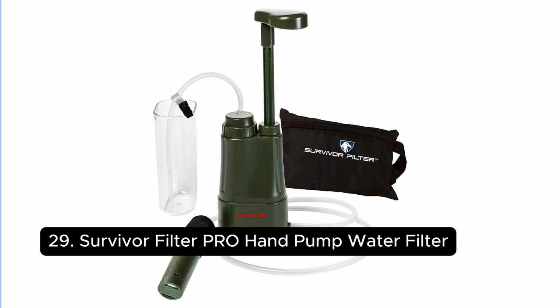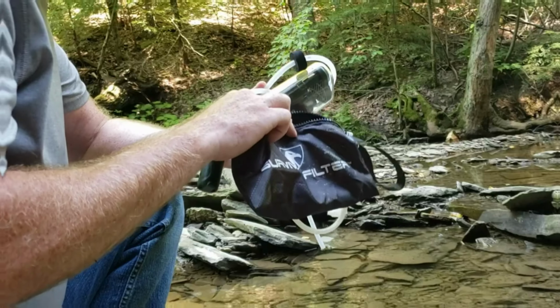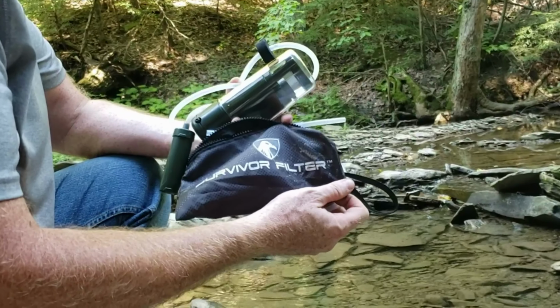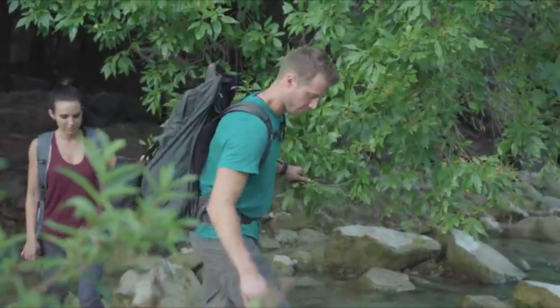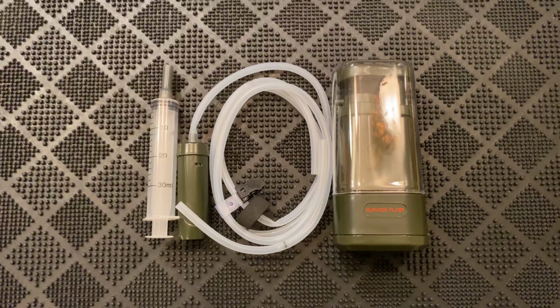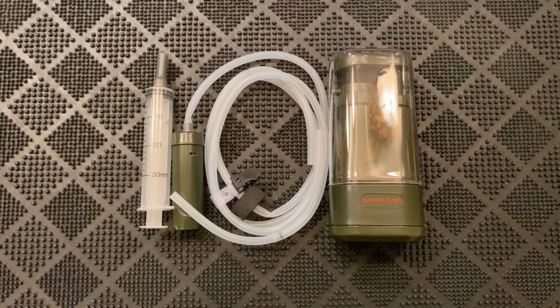Number 29. Survivor Filter Pro Hand Pump Water Filter. Pump clean water from lakes, rivers, or buckets. The PRO's staged filtration targets particulates and microbes, with replaceable elements to extend service life. The compact hand pump, intake hose, and output hose let you fill bottles or bladders without getting shoreline grime in